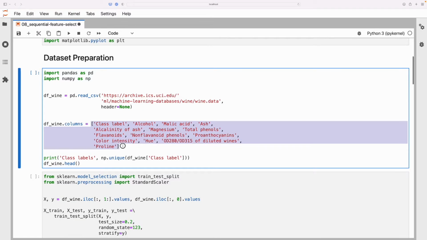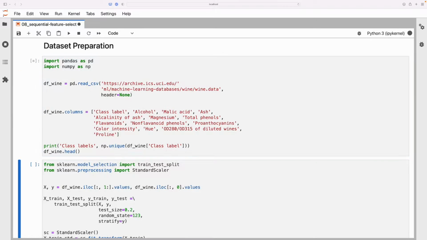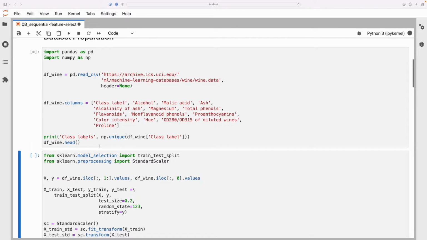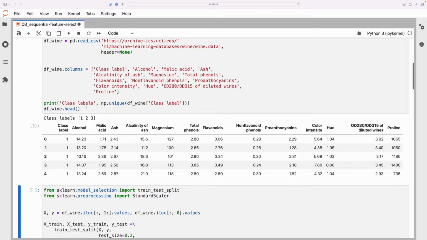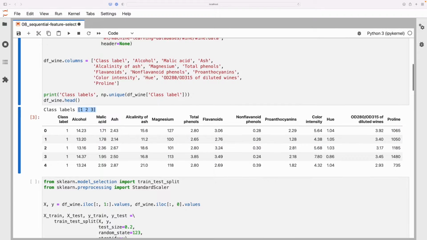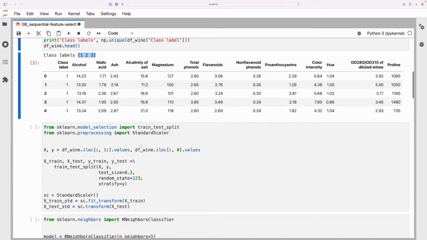Then we have our labels for the column names of the dataset. And here I'm just printing out some basic information, just checking that everything loaded okay, and also making sure that we have the class labels as integers. Okay, so then what we will do is we will